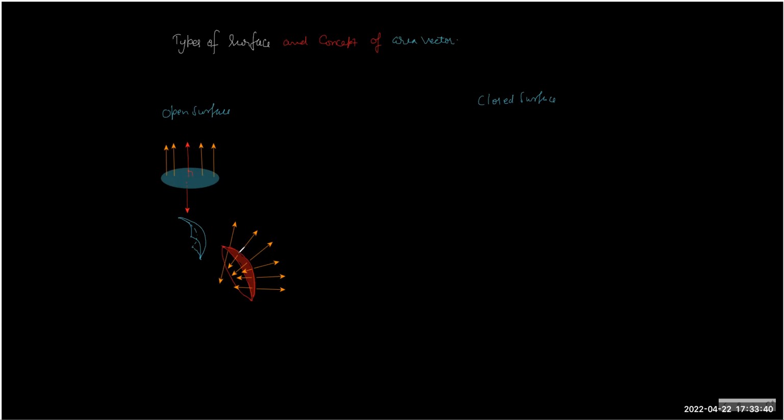So I may take a small patch here and define it, or I might take one here and then define it. So instead of the whole surface, we can define the dA vector only. We cannot define the A vector. But here we can define both dA and